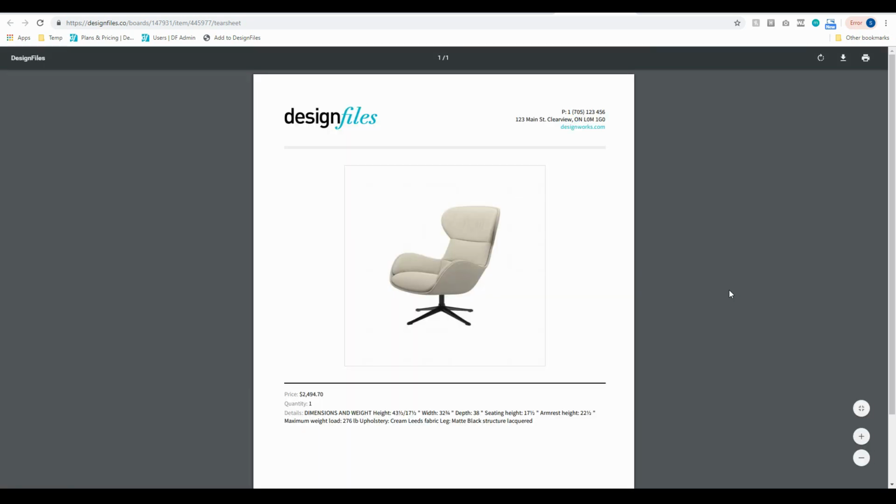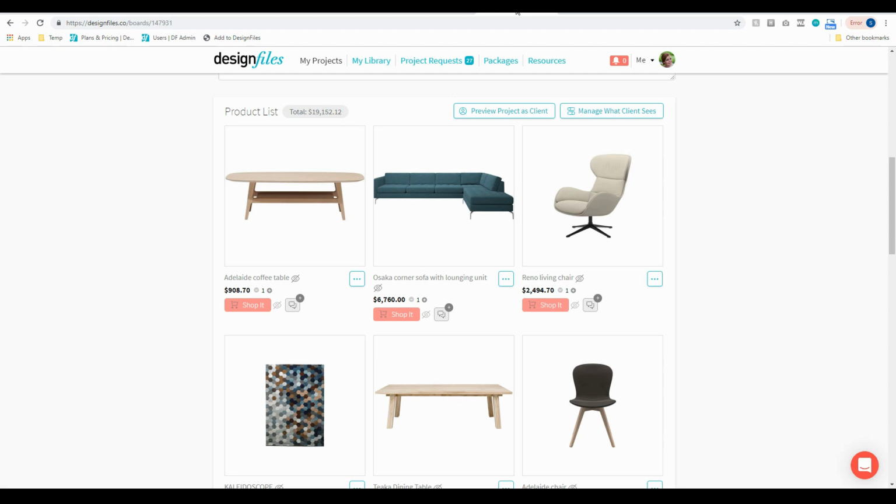So again, you're not having to spend any time pulling together these documents. They are quickly generated based on the items that you have already added to this project. So it'll have your logo, your contact details, an image of the product, and the product specs that you want your client to see. You can also choose to download a full PDF presentation